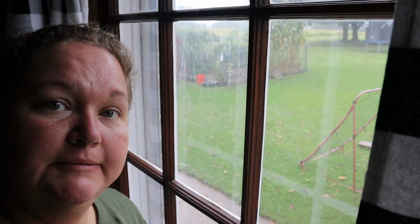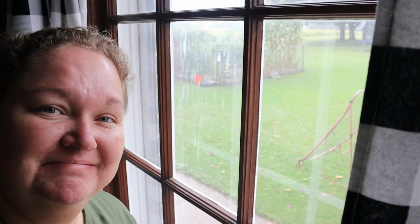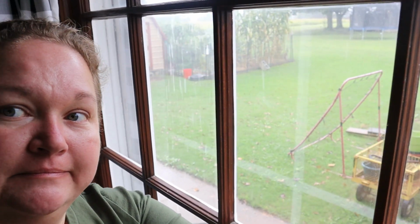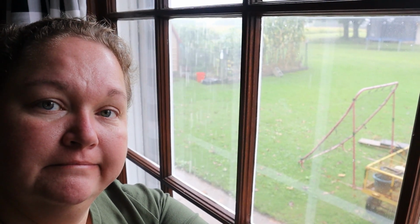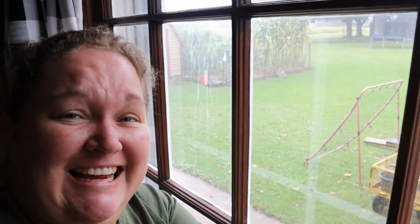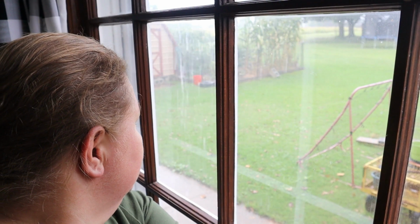It's raining outside. You guys see my garden? That's my garden. It's raining. I wish I would have picked the okra first. But